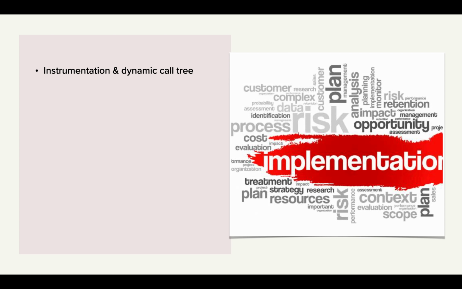In order to know which mutations are reachable, we thus need to know which code is reachable from a test. To achieve this, we insert instrumentation into each function and run a test to get code coverage information. From this information, a dynamic call tree is constructed. Next, JIT and runtime compilation.